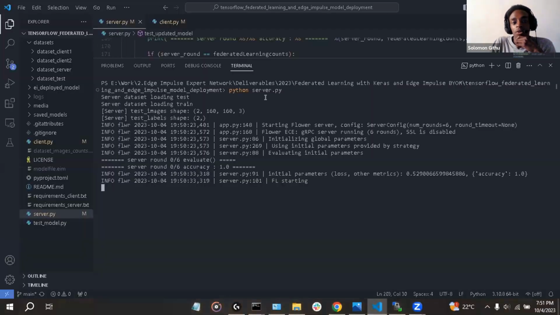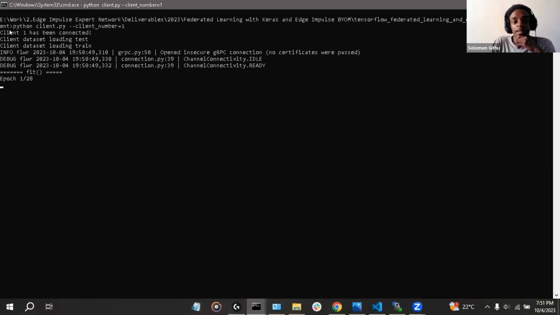And if you go to the server logs, we can see that the server has loaded the training images. It has initialized the model, and now it's waiting for the federated learning. And now this federated learning has been started. Both clients have connected, so my PC has already connected, and it's now training a MobileNet V2 model.